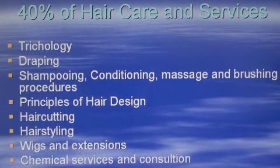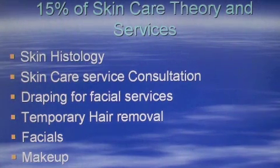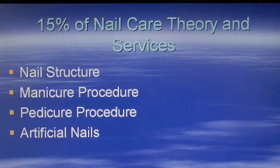40% of hair care services, which includes trichology, draping, shampooing, conditioning, massage and brushing procedures, principles of hair design, hair cutting, hair styling, wigs and extensions, chemical services and consultation for chemical services, and hair coloring. 15% of the test is skincare theory and services, skin histology, skincare service consultation, draping for facial services, temporary hair removal, facials, and makeup. Last 15% is given to nail care theory and services, nail structure, manicure procedure, pedicure procedure,